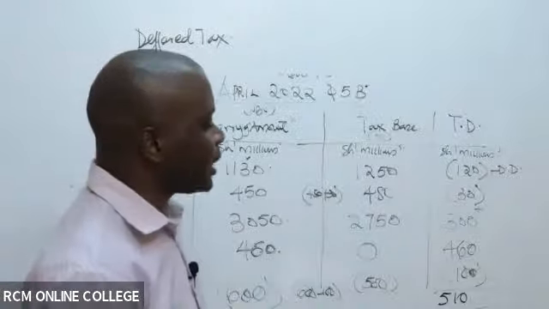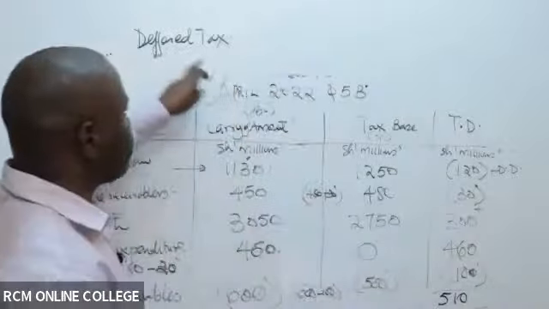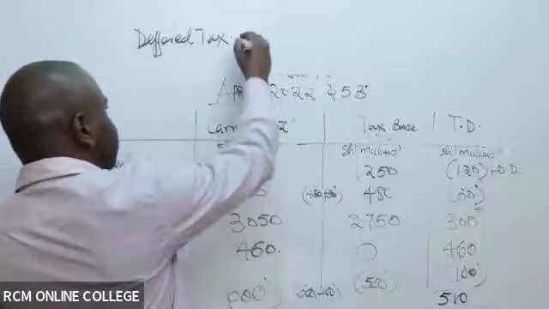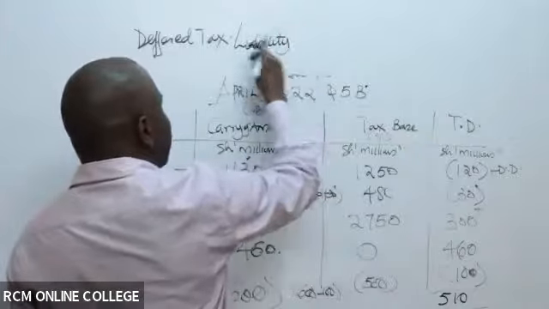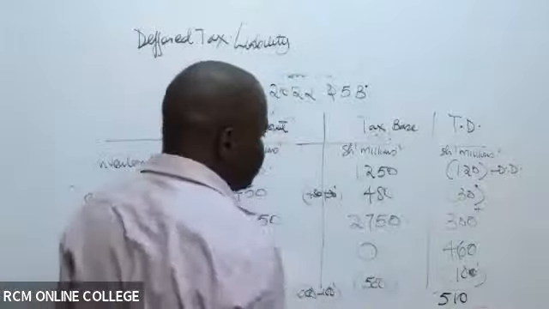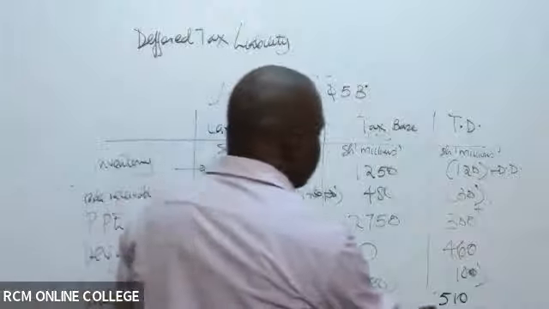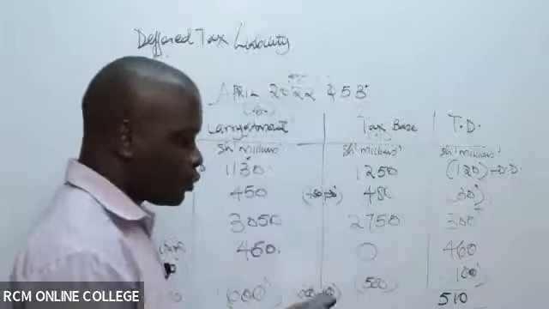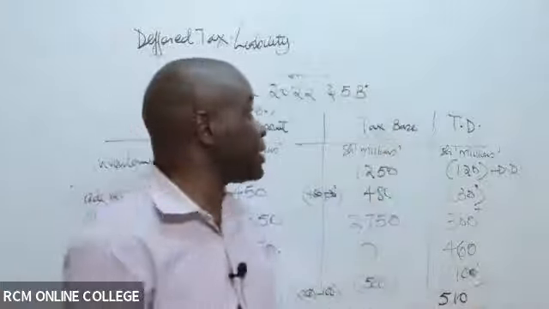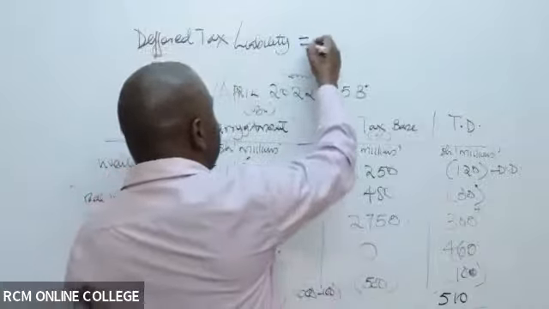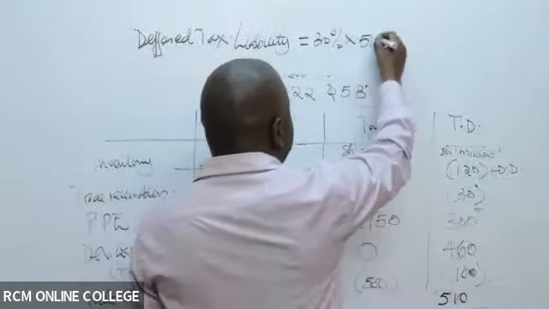Mumbi, remember you always say that when the temporary difference is positive, it will lead to a deferred tax liability. And of course, you've been told the income tax rate is 30%. So you take 30% multiplied by the temporary difference, which is 510,